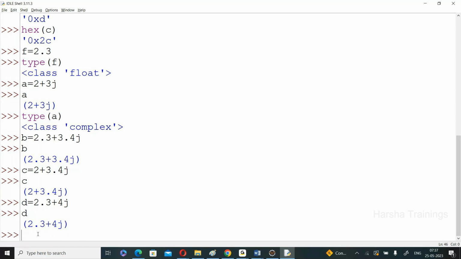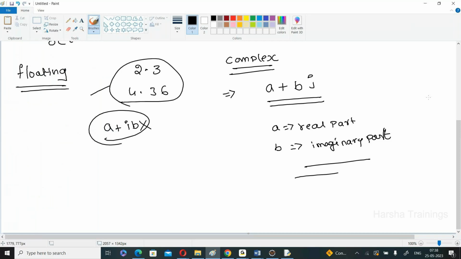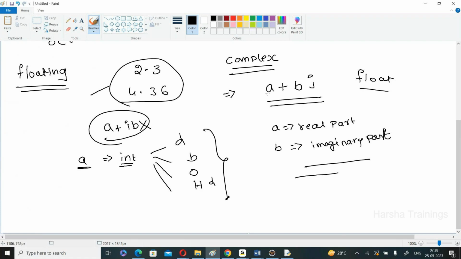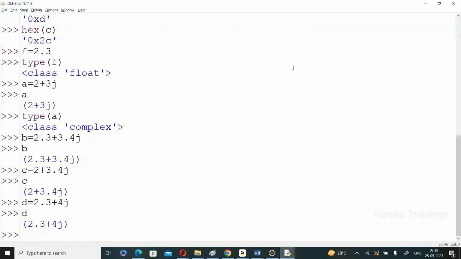But one important thing you need to remember at the time of defining the complex number: if both are floating, not a problem. Assume A is the real part. If A is an integer, how can we represent an integer? Either decimal or binary or octal or hexadecimal. You can represent it in any way, no problem. So see the example. A is equal to